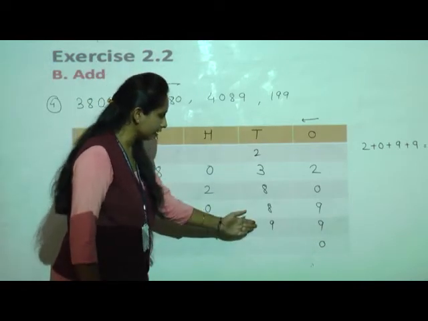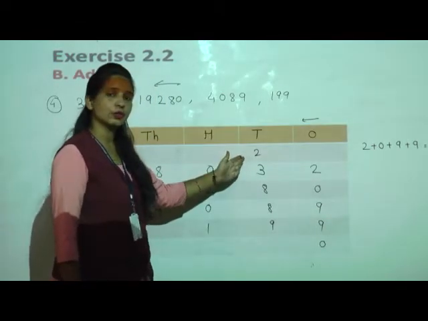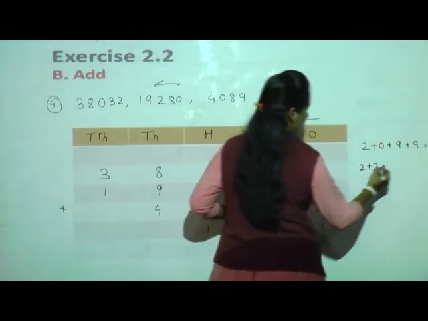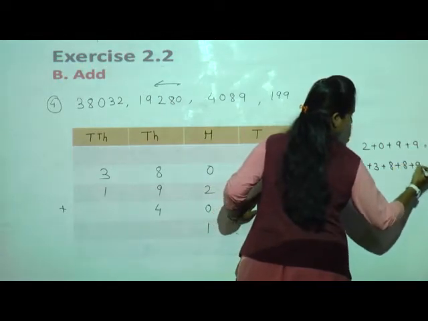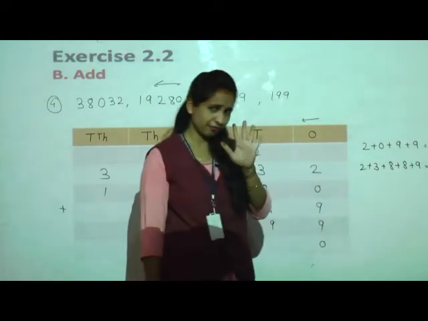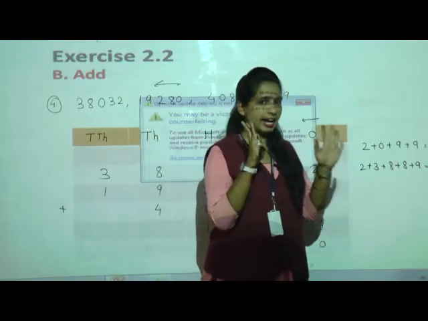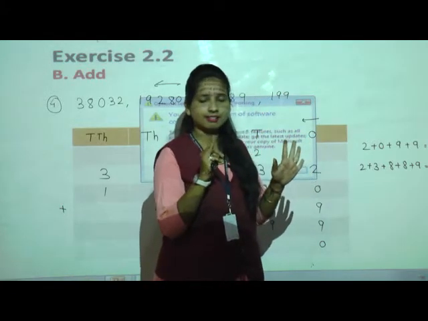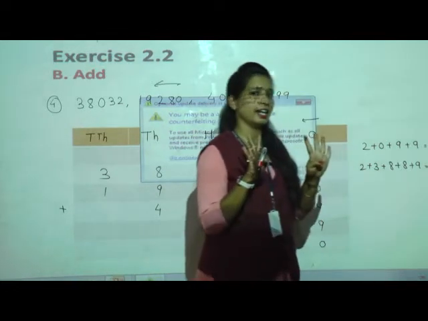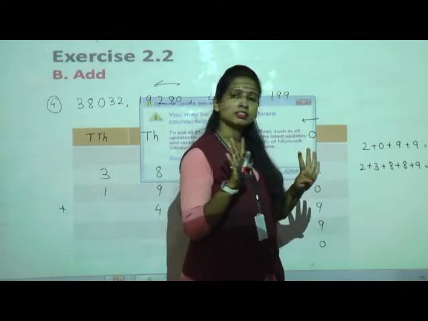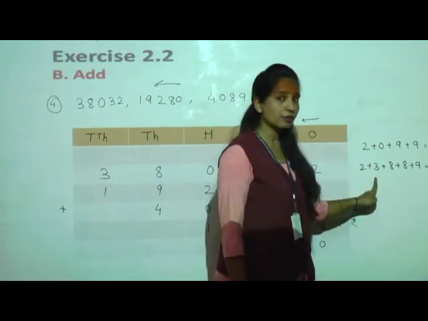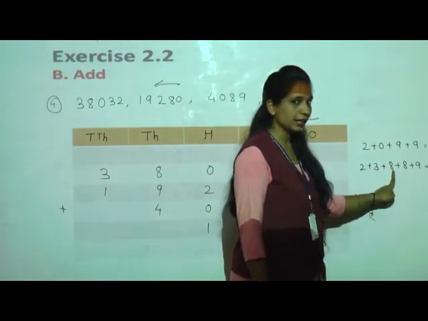Now we have to add in the next tens place including the carry also. So I'll write here 2 plus 3 plus 8 plus 8 plus 9. Okay, now see, 2 plus 3 is 5. Now 5 after 8, count after 5: 6, 7, 8, 9, 10, 11, 12, 13. Again 18 after, again 8. See, how you can do a shortcut. You can do it fast.